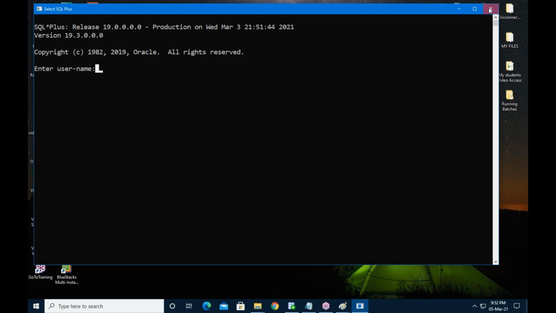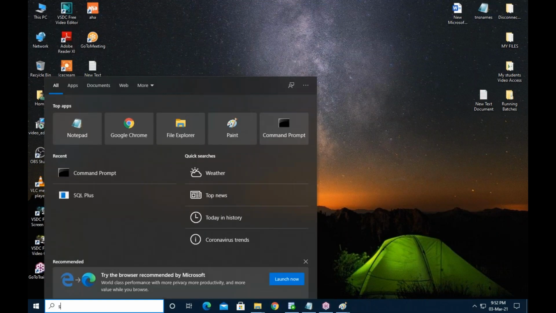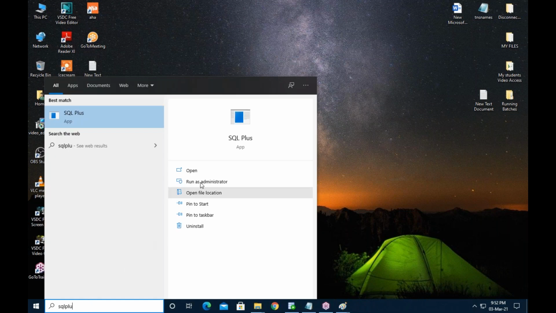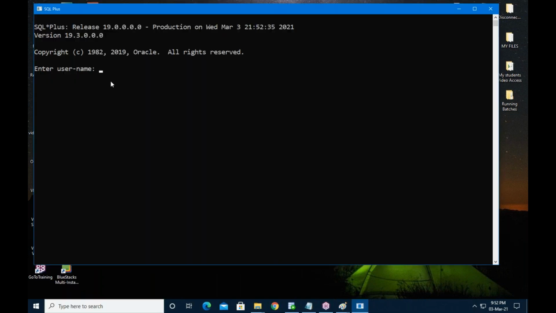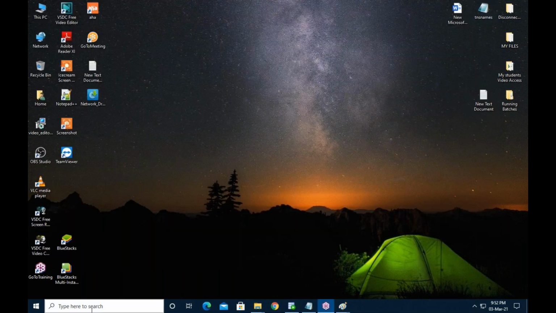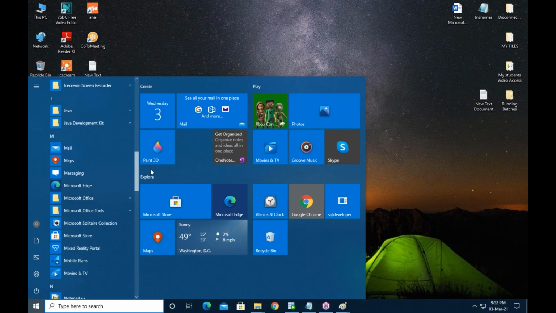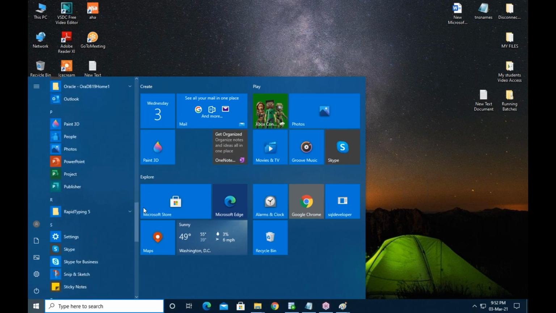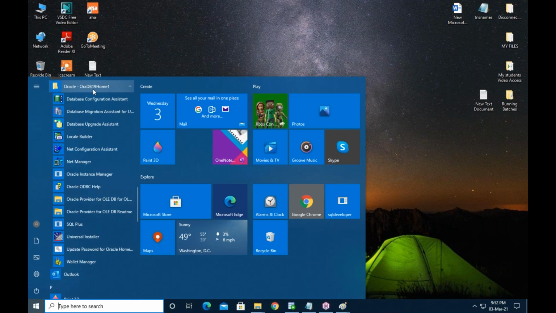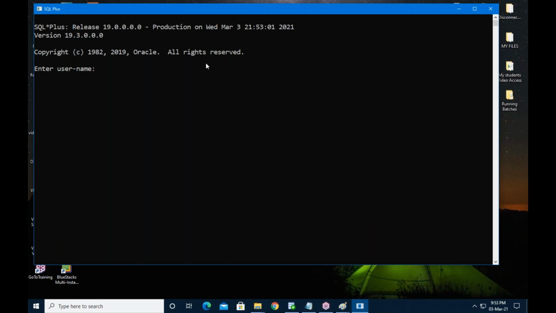So first method, just go to search, type SQL Plus. You can see the application, select it, it will be opened. Second method, go to start, programs. Under these programs, switch to the Oracle folder. Under the Oracle folder, select SQL Plus. Then also the window opens and the application is ready.